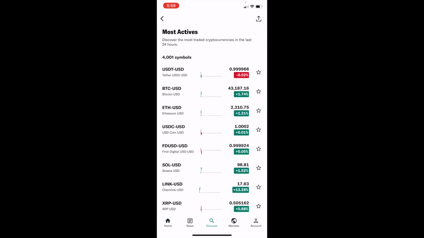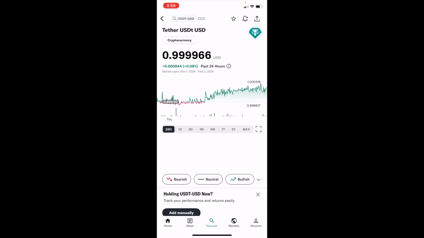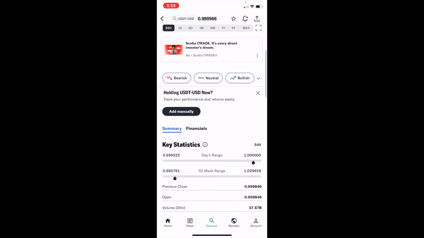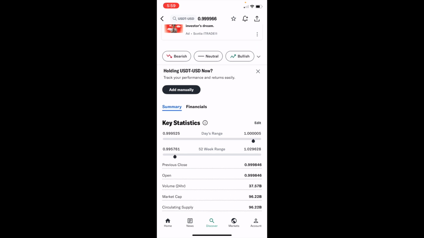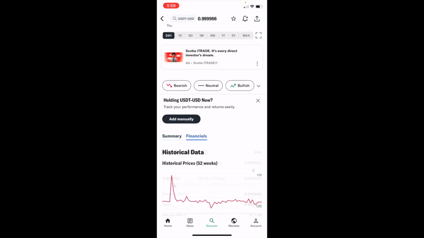So for demonstration, how about we select Tether right here, ticker symbol USDT. Now, if you wanted to view the financials for Tether or whatever the case may be regarding your crypto, just scroll down a little bit until you come across key statistics. Right above that is a summary and financials. As of right now, summary is selected, but if you were to go ahead and press on financials, it'll turn